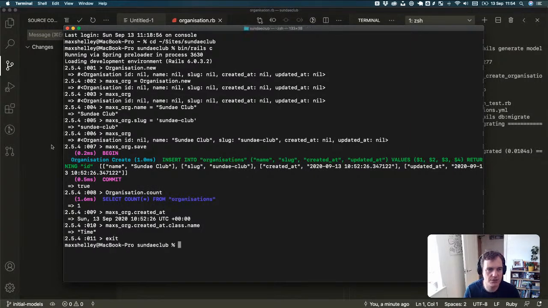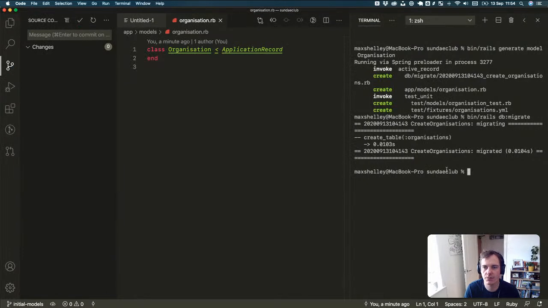So let's leave our console for now because we've done that and played around with it. And let's go and build another model. So this time we're going to run the generator just for the migration. We're not going to generate the model as well because we don't need those test helpers. And we are going to create,